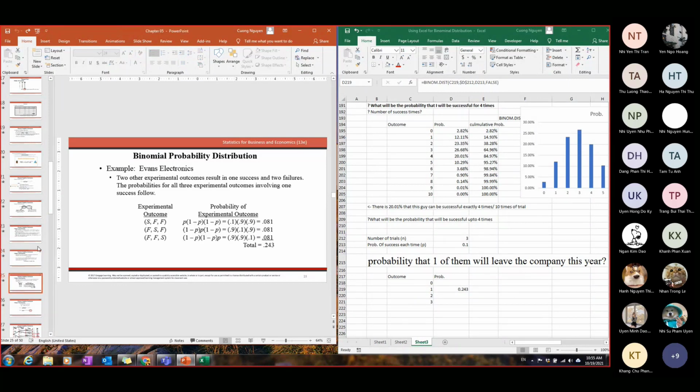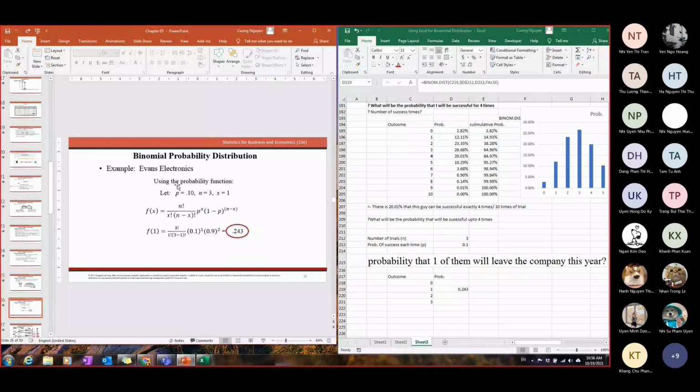And they think about it like that, it should not stop there. Maybe the first guy quits but the 2 others stay. But maybe the first guy stays, the second guy quits, and the third guy stays. Or the first and second guys stay, but the third guy quits. By calculating all of the situations this way, they measure it manually and get 0.243 for the probability. Another way, they use the function provided, and you put it in, and it also generates the same result.